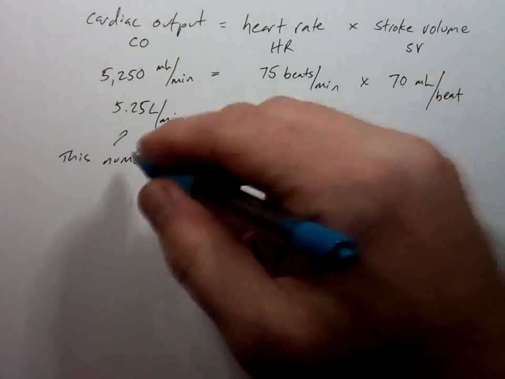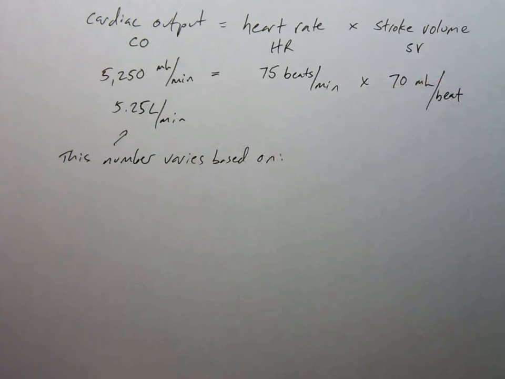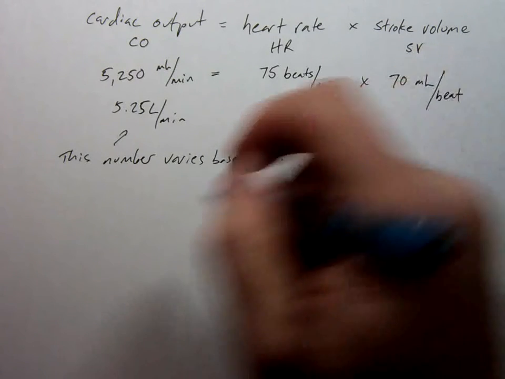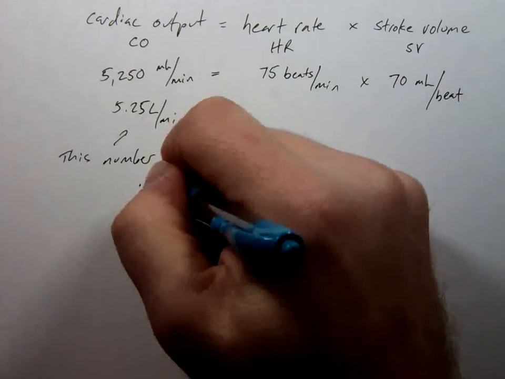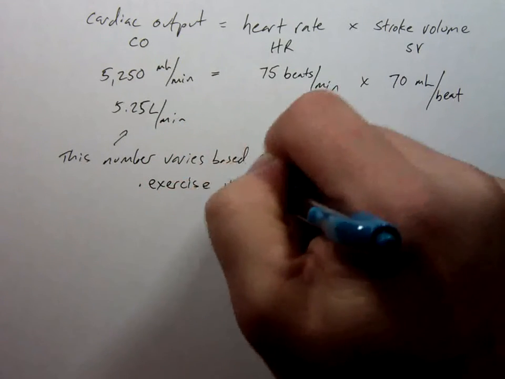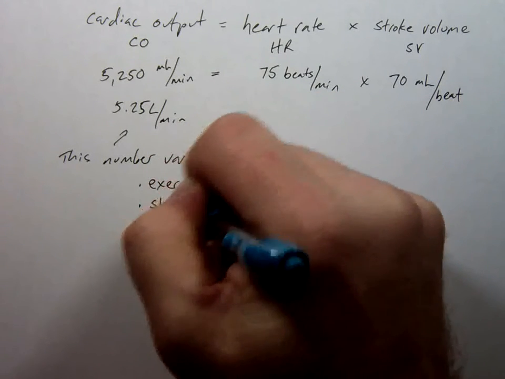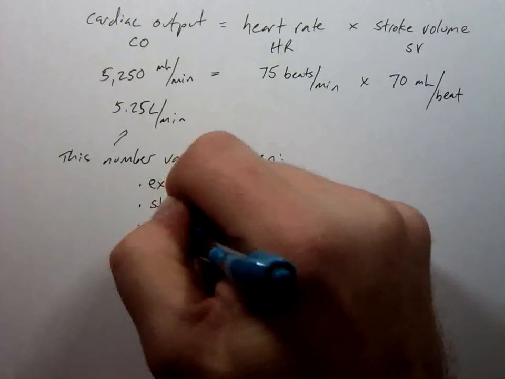All right. This number varies based on what? What would influence this? Exercise. Yeah, exercise. Being at rest. Stress. Exercise versus rest. Yeah, these are all good examples. Stress, age, diet,